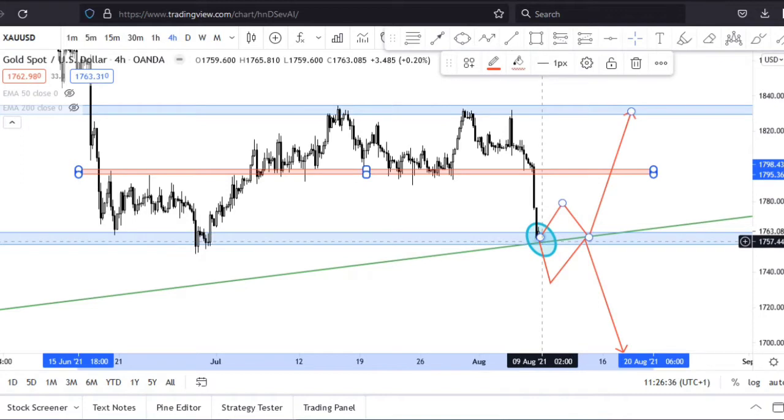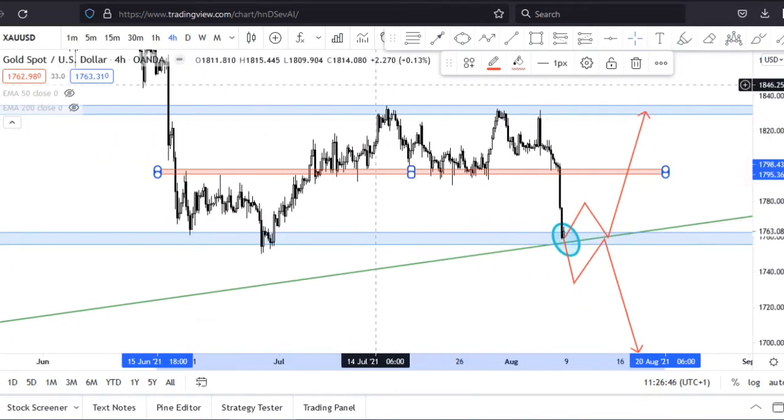So currently here, this is where we're looking for our key area of support, and we're seeing if price is going to bounce off this area or if price will break below it. Okay, but when we go back to the weekly time frame,